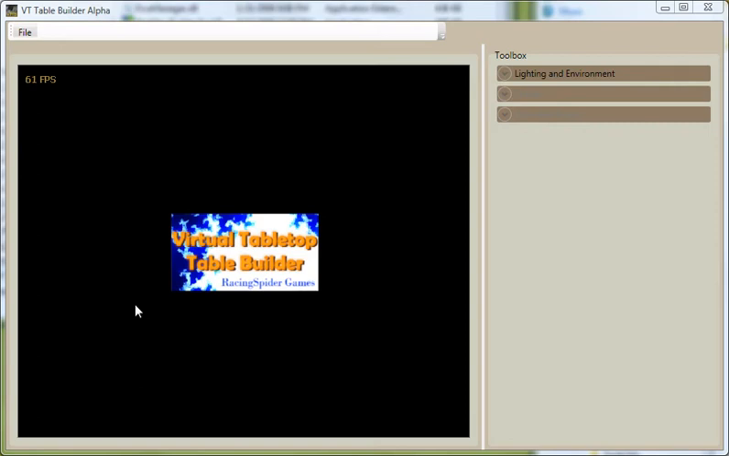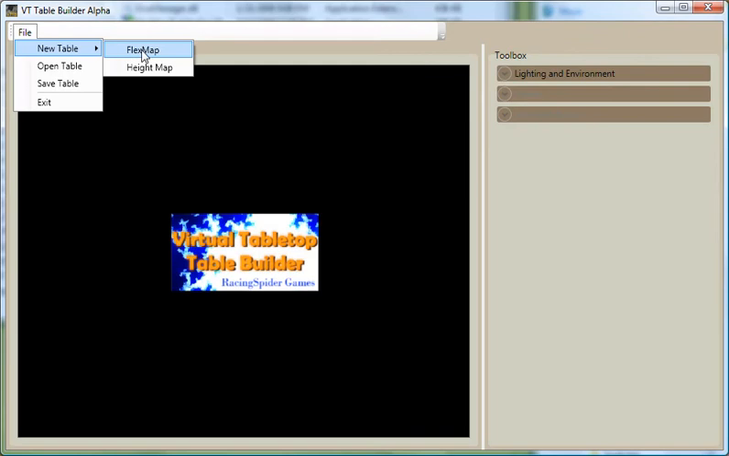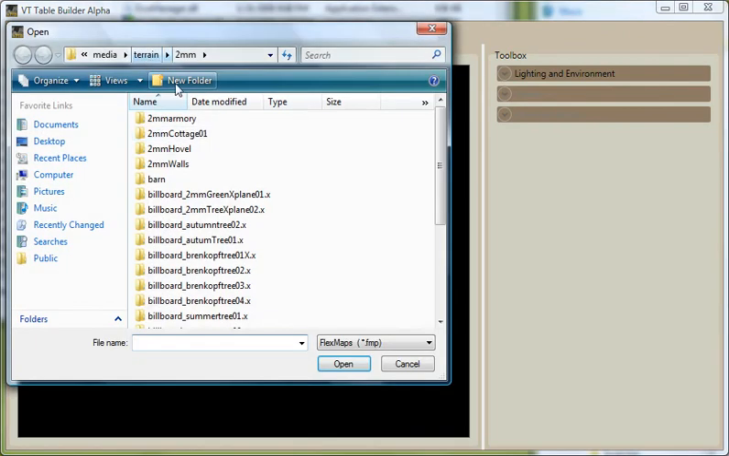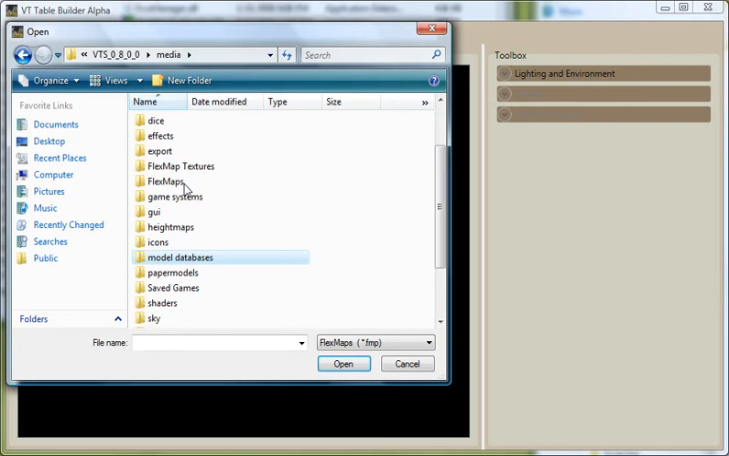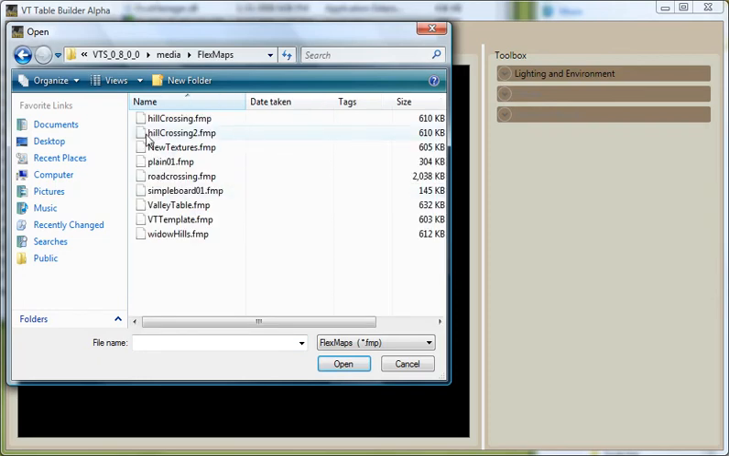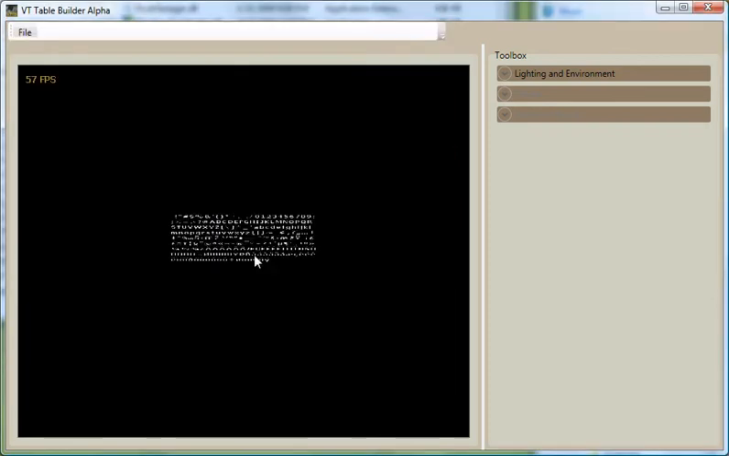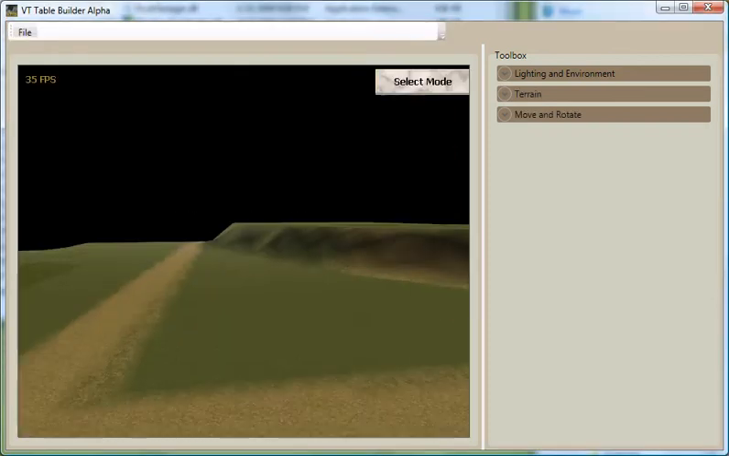This is the second video taking a FlexMap to Virtual Tabletop. We're going to use the FlexMap we created previously in the last tutorial as the basis of our map. Now you'll see it here it is,